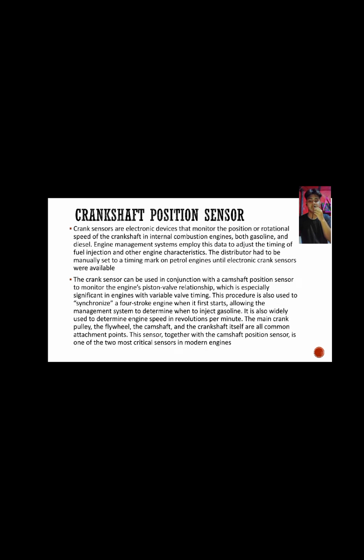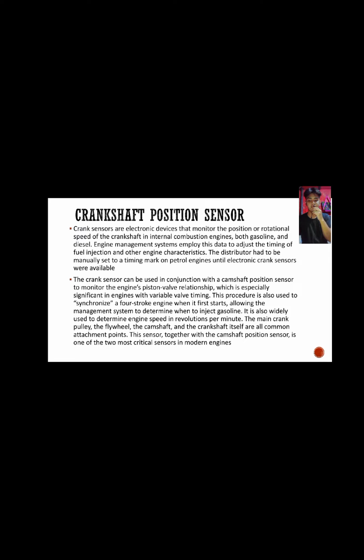We are down to crankshaft position sensor. First of all, what is a crankshaft position sensor? Crankshaft sensors are electronic devices that monitor the position or rotational speed of the crankshaft in internal combustion engines, both gasoline and diesel. Engine management systems employ this data to adjust the timing of the fuel injection and other engine